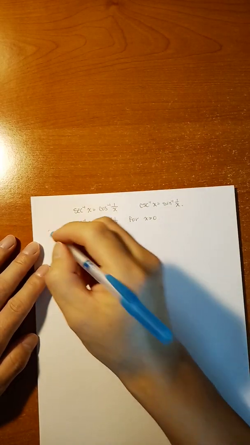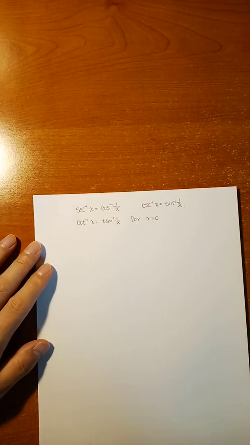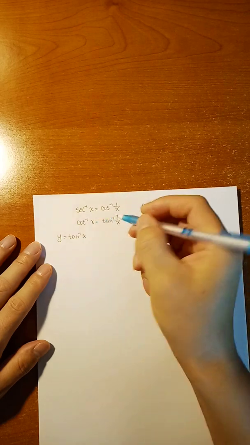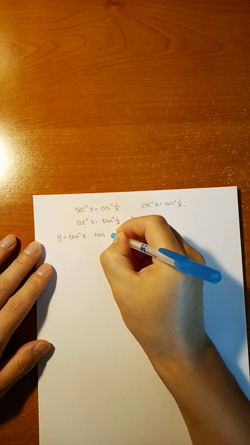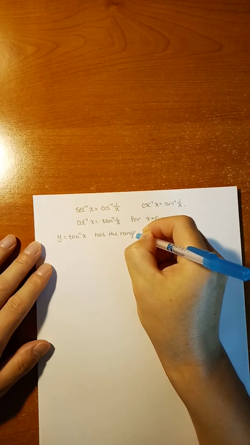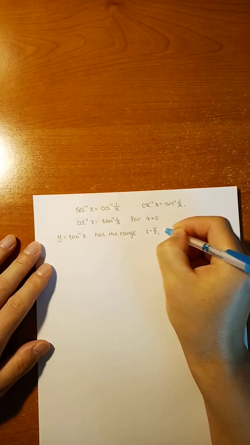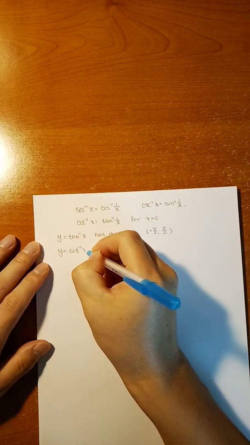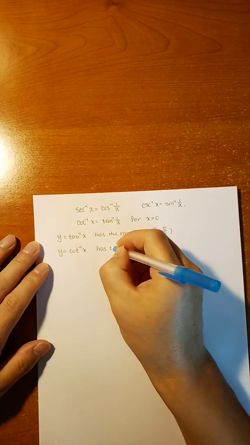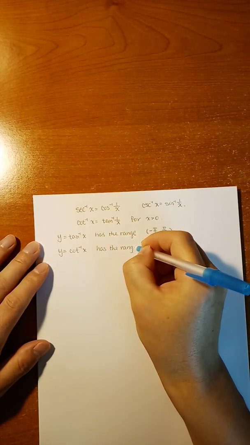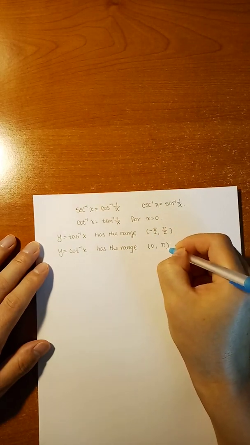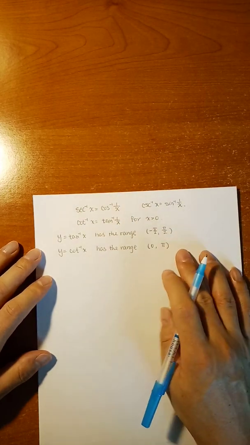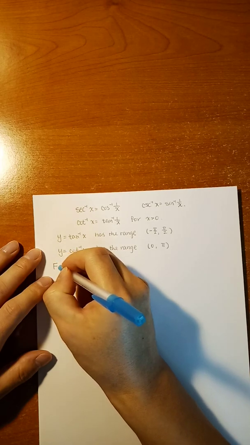The reason is that in our textbook, y equal to tangent inverse of x has a range of -π/2 to π/2, and y equal to cotangent inverse of x has a range of (0, π). So they have totally different ranges. So only for positive x,